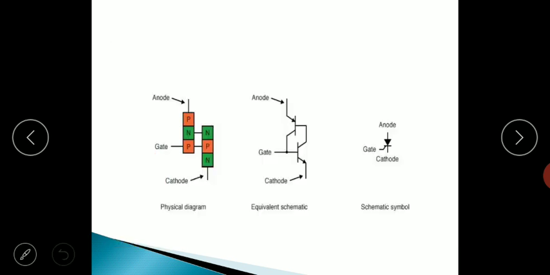The same thing is explained again here in these figures. You can see the figures are clear here. There's a physical diagram of SCR where we have one PNP transistor, one NPN transistor, and this is the two transistor model using the circuit symbols of the PNP transistor and NPN transistor. Now we'll see how exactly this two transistor model works, or in short how SCR works, because I have told SCR is a power electronic switching device. So we'll see the switching operation of the SCR, how it can be used as an on switch and how it can be used as an off switch.